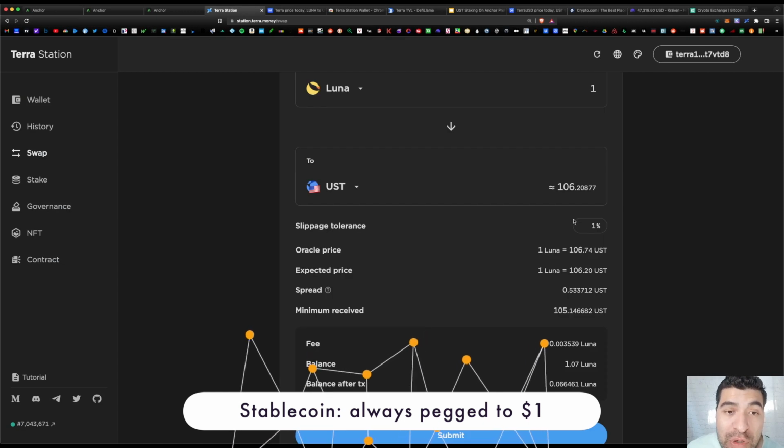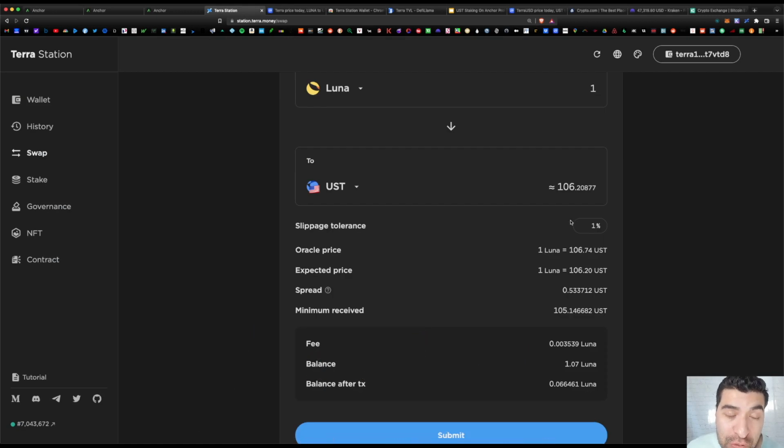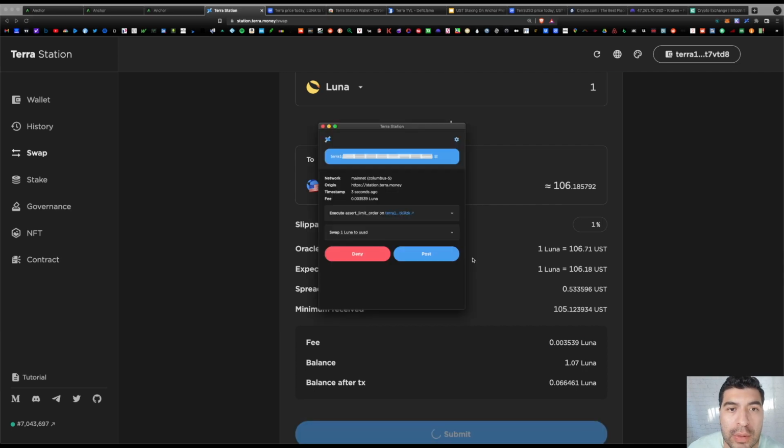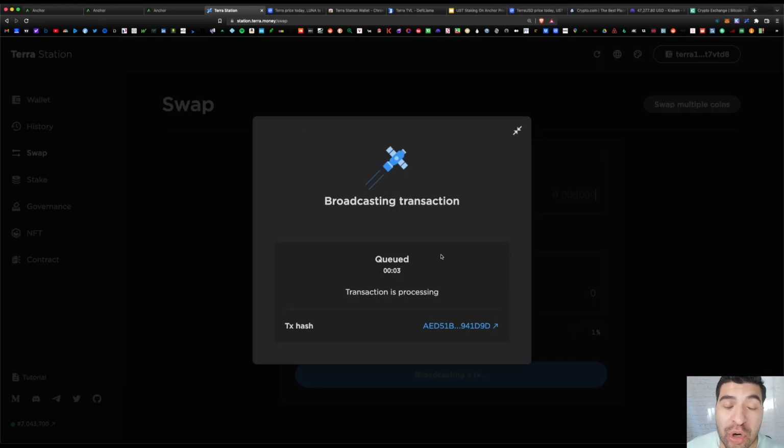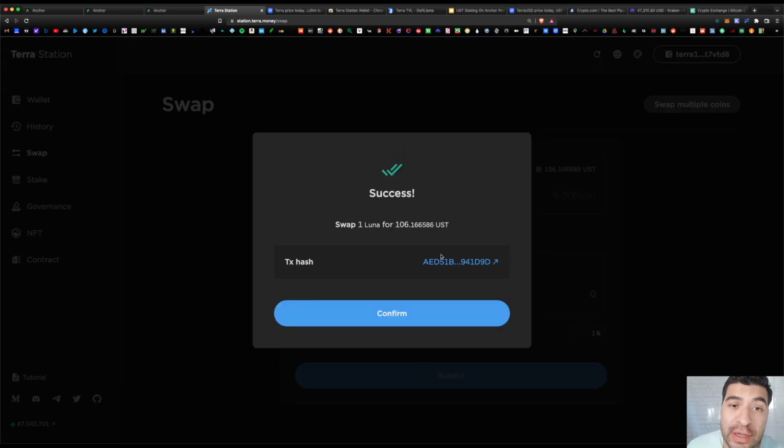And keep in mind, when we make this exchange, there is an associated swap fee. The swap fee here is 0.003 Luna. So verify this all looks correct and hit submit. Confirm the transaction on your Terra Station wallet. Go ahead and click post. And the transaction is broadcasting. The swap was successful, and you can verify the transaction on the Terra Station scanner, which is